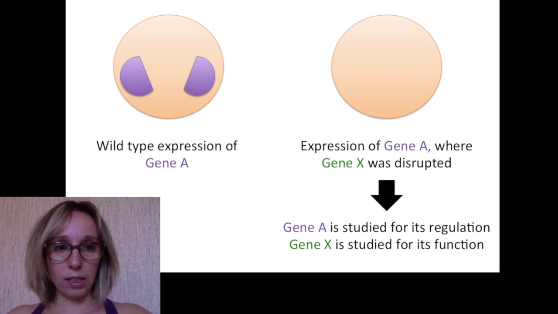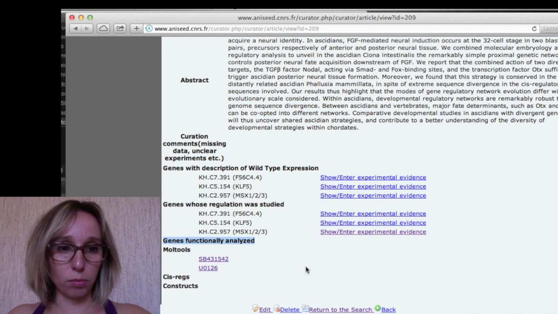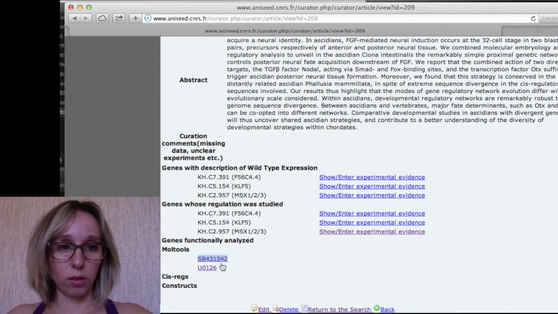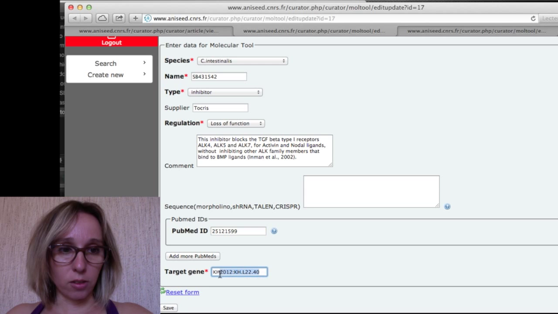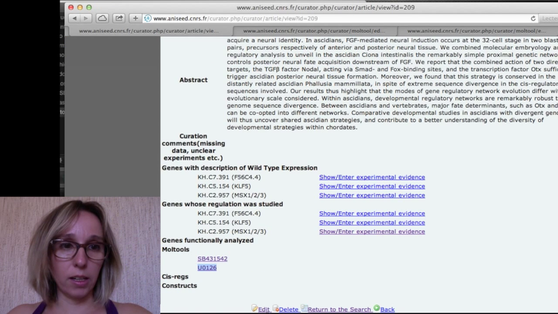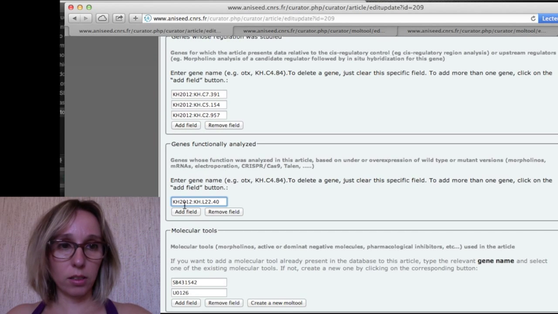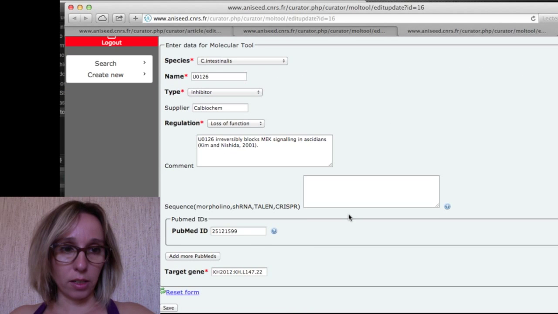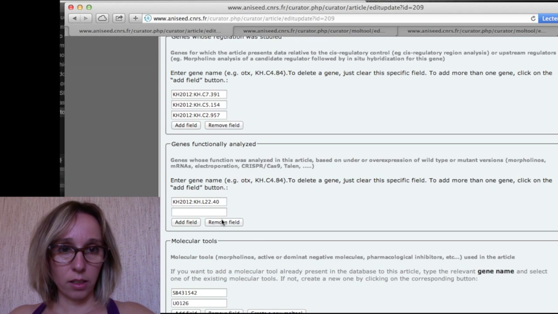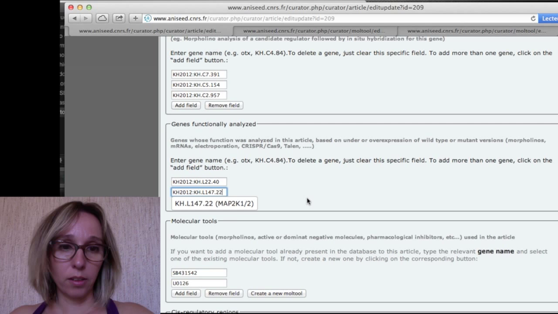So to do this, you use the target gene of molecular tools because these are genes that are studied for their function. So you will search for the target genes of the two molecular tools, and you will enter this gene in the gene functionally analyzed. Here you take the second one and you add here field, and you save your data,